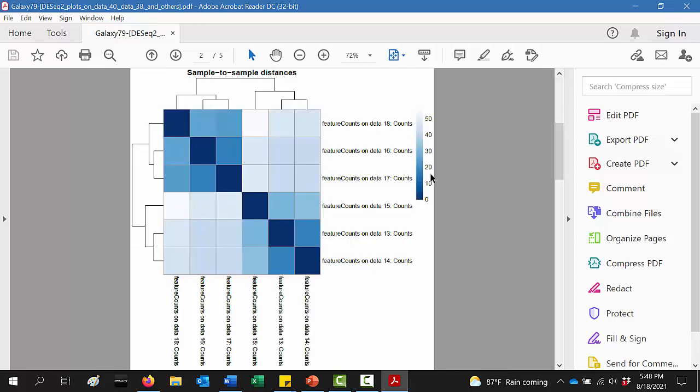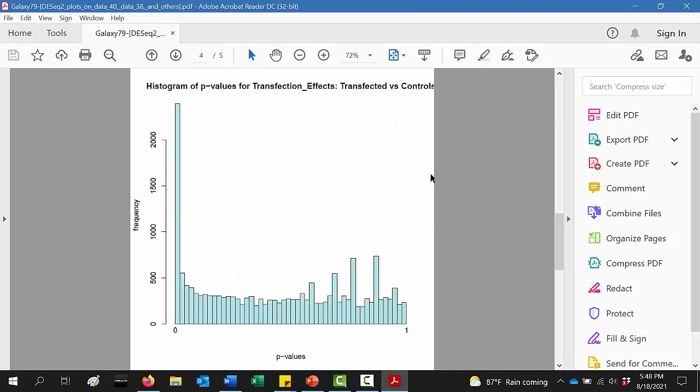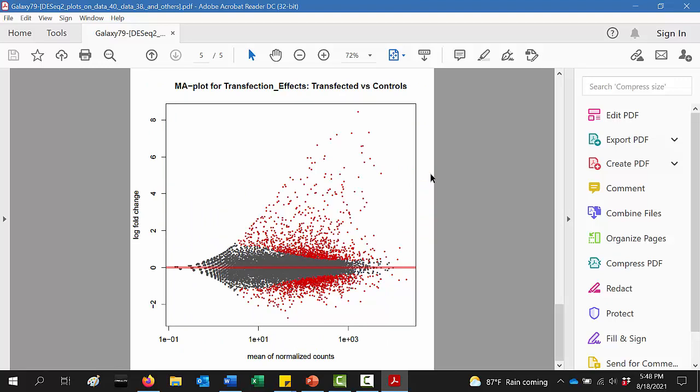So for example, you can see these comparisons of gene expression between the different samples, but what I'm most interested in would be this, the transfected versus controls analysis. So you can see there's quite a few different genes shown in red here that were significantly upregulated in the transfected cells versus the controls. So those are the red circles that are above this baseline. There's also a few that were downregulated as well. So this is telling me that, wow, I do actually have something to look at here. All right, but I'm going to close that for now,